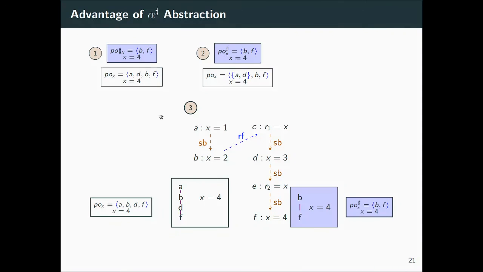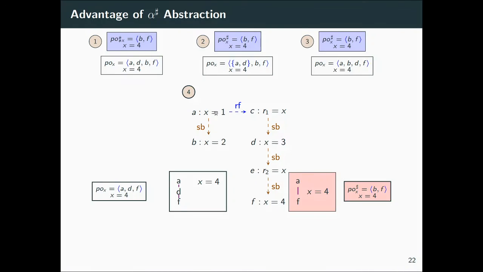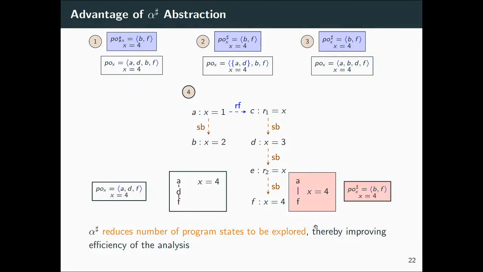Similarly, in the third set of interferences where C reads from B and E reads from current program state, we reach the same program state with alpha sharp and a different program state without alpha sharp. The fourth one, where C reads from A and E reads from current program state, reaches different program states with and without alpha sharp both. Hence, when we use alpha sharp abstraction, just like any other abstraction, we reduce the number of program states. In this case, we reduce the number of program states to 2 from 4,